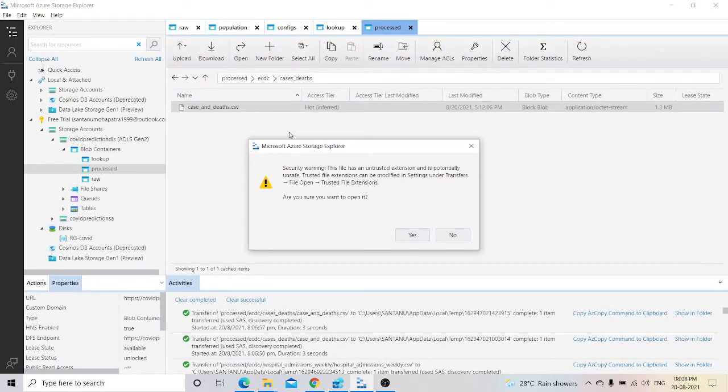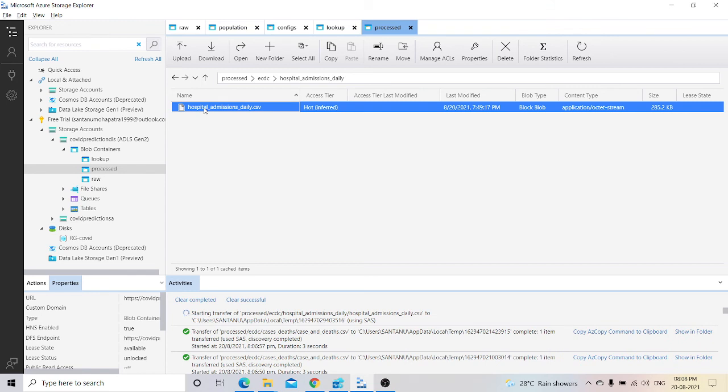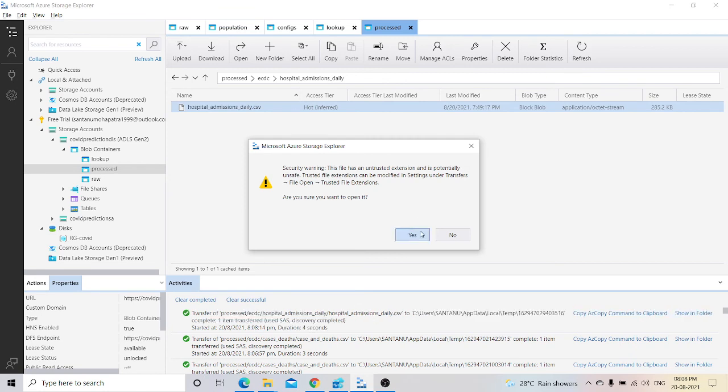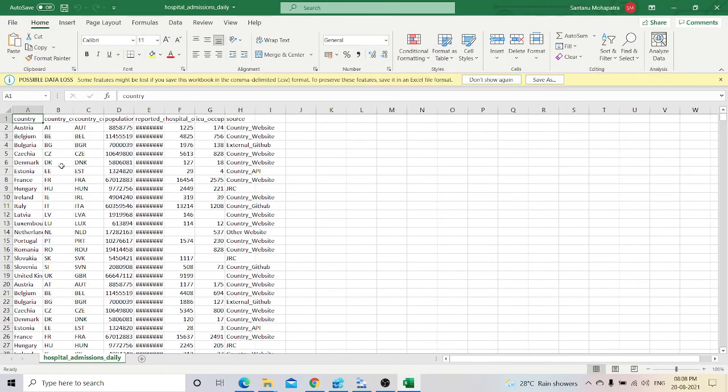Similarly, for daily data, let me show you, it is loading. For daily data, these are the countries, and similarly we have given the country code in 2 digits and the country code in 3 digits. Over here, this is the entire population of the country. These are the dates. You may see hashes over here, but you can refer to the date there.